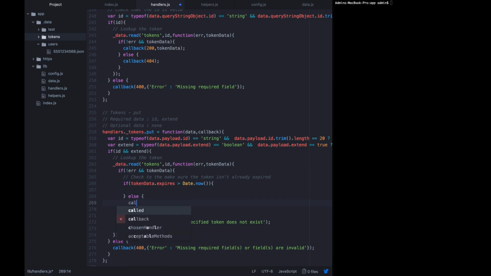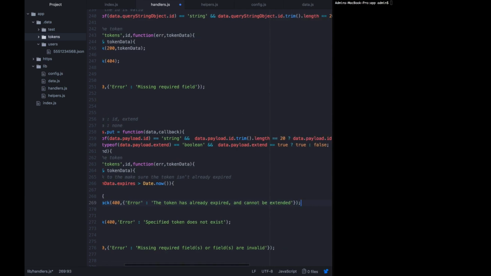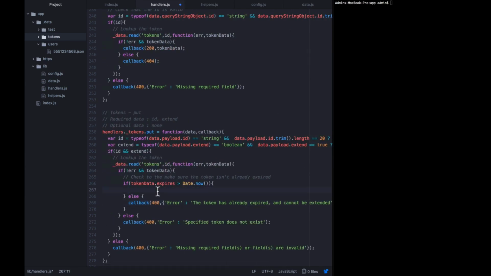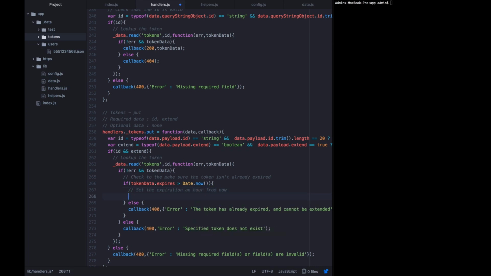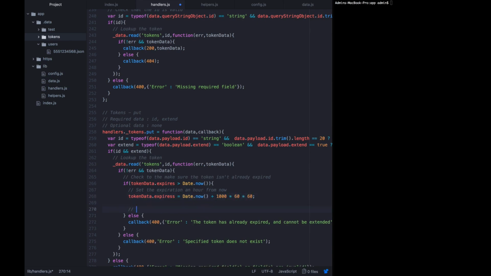So we want to say callback 400 error. The token has already expired and cannot be extended. But if everything is fine with the expiration, now we want to set the expiration an hour from now. So token data expires equals date now, then the same thing we did before, 1000 times 60 times 60. Now we need to persist this to disk, so store the new updates,